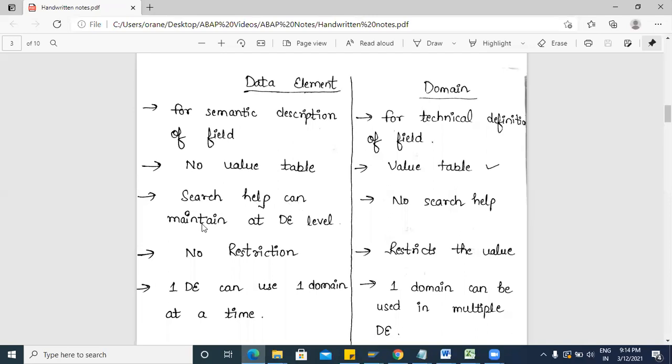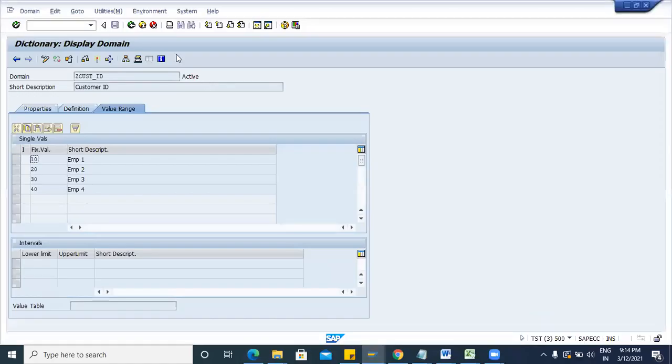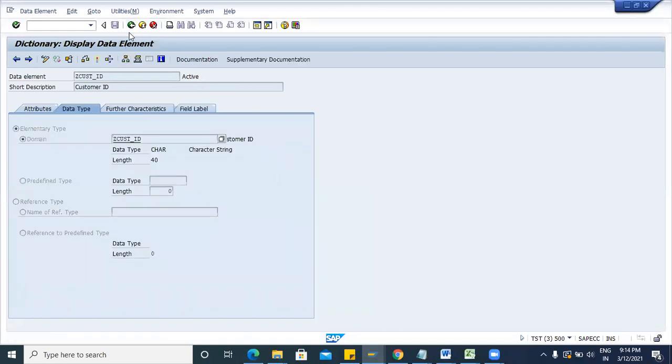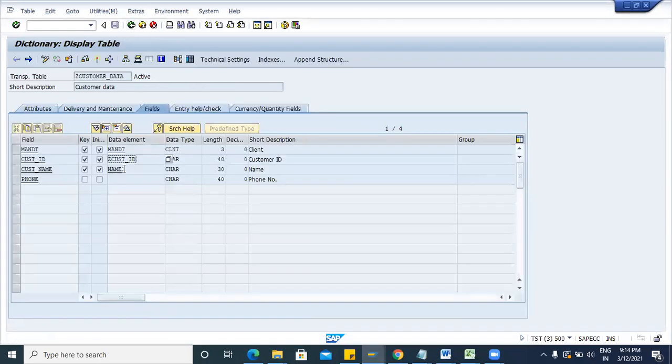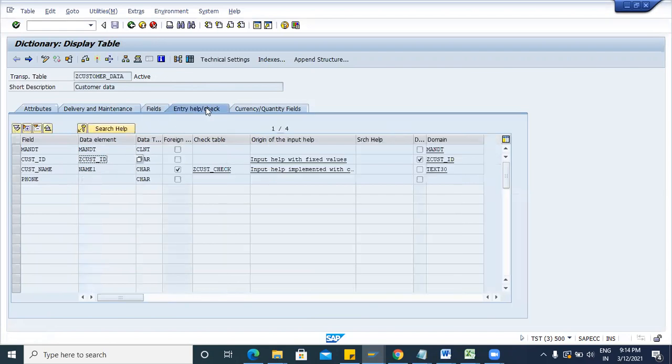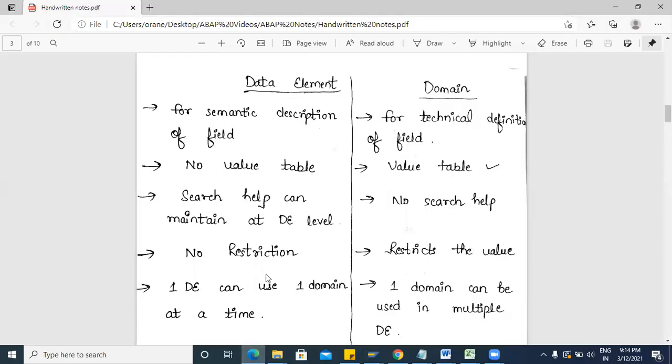Search help can be maintained at the data element level. Basically, we can maintain the search help at the field level. Okay, so if you check here at the field level, we can maintain search help. Okay, but that is not possible with the domain.